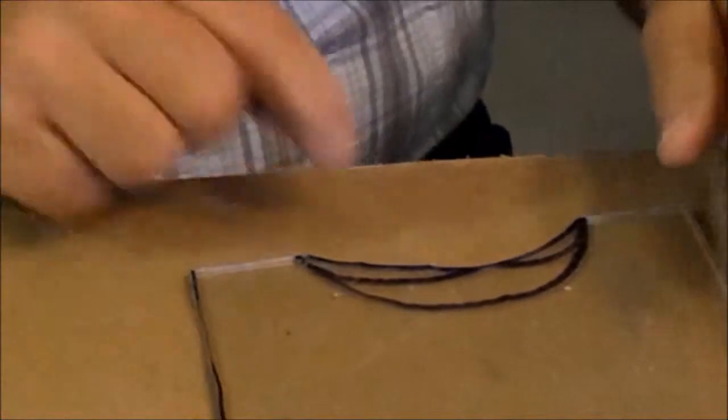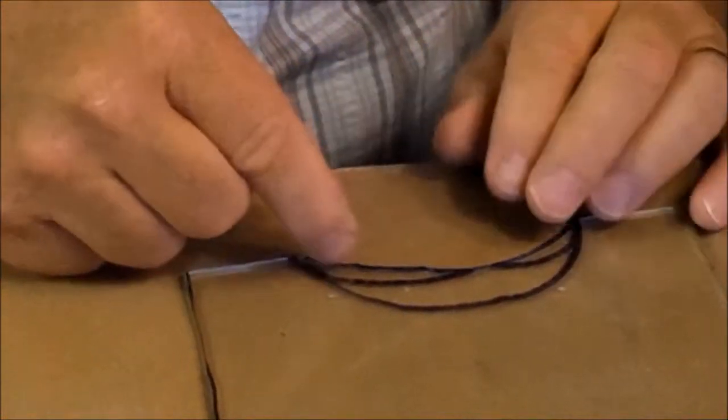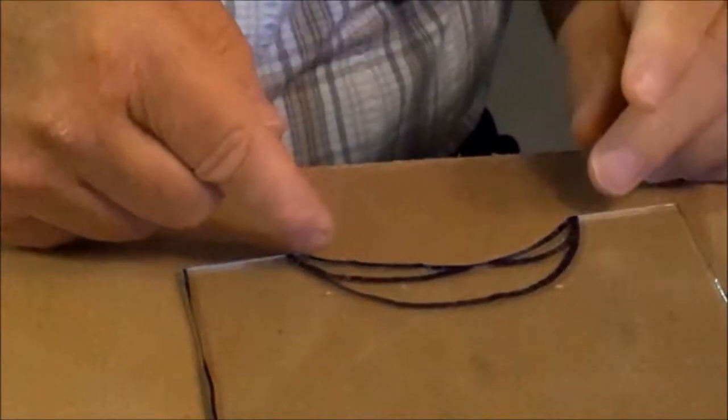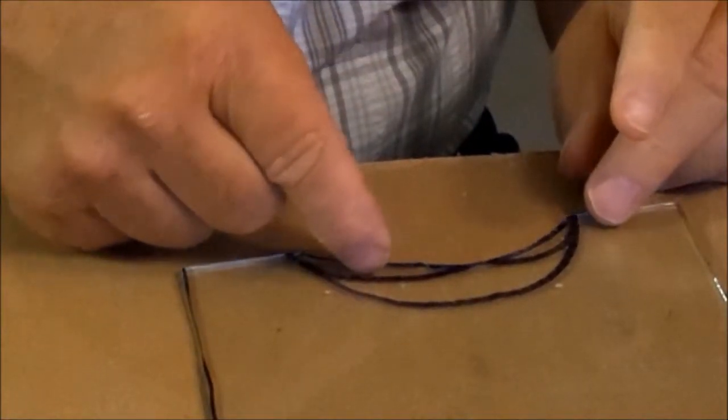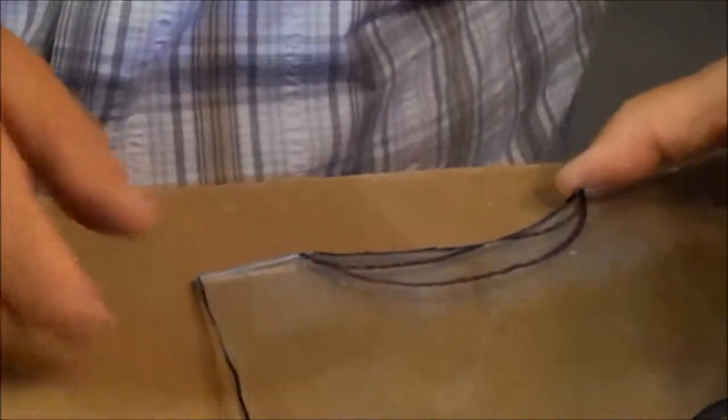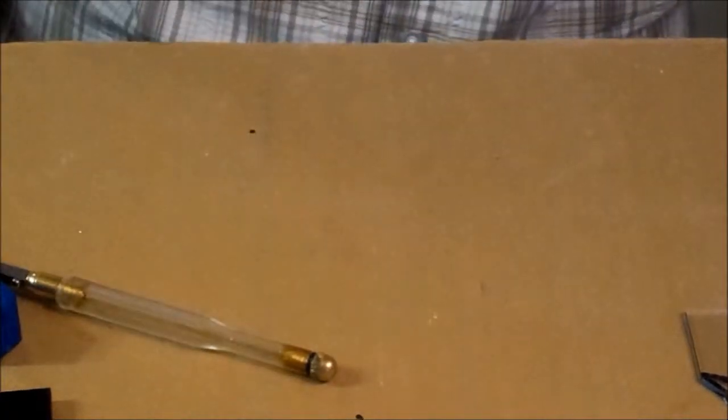Now sometimes when these break, they won't break all the way through, and although you've scored it, a piece of it will break off, but then you just move on and pull out that little piece and continue to work with it. Okay, now I've showed you strip cutting, cutting long curves, inside cuts, and now the outside cut, which